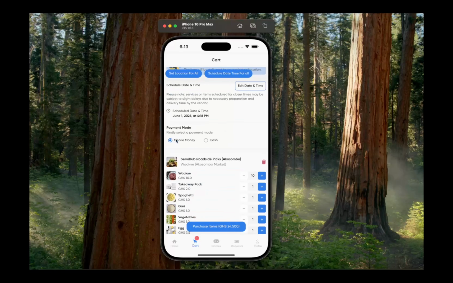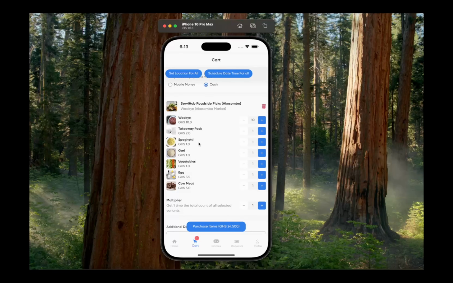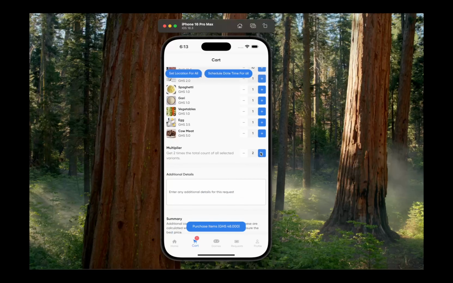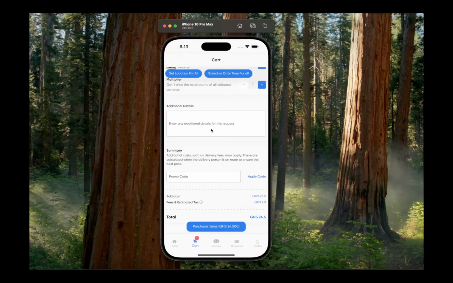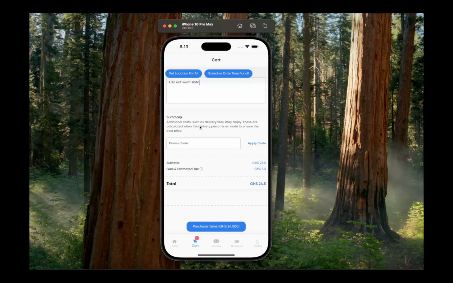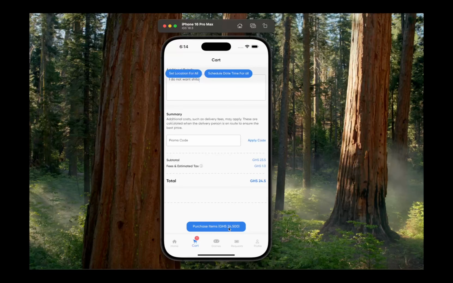I can select a payment method via mobile money or cash. I'd like to do cash. I can make edits to my item if I want. I can increase the multiplier also if I want, and I can add additional details. Say I do not want shipping. Now, if you have a promo code, you can enter your promo code. One will be shared with you, or one will be in the description that you can use, which is only available for a limited period of time. That gives you 10% off, and you can apply that particular promo code. And once you are done, you can hit purchase items,